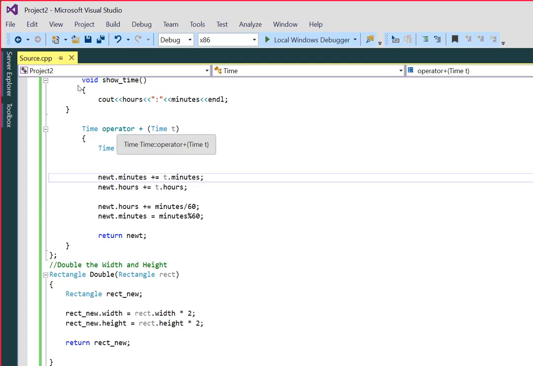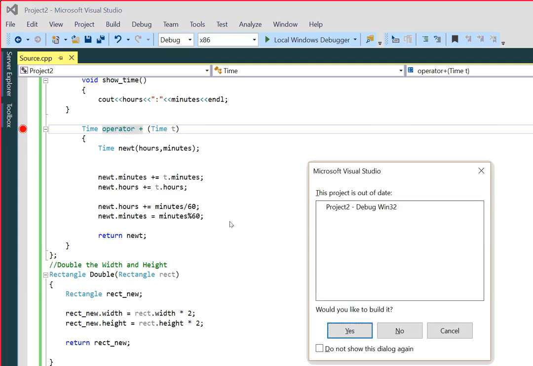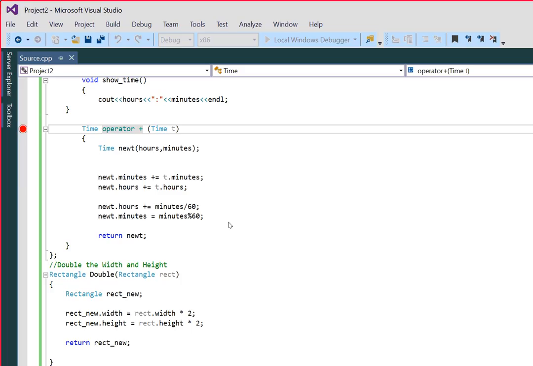Let's debug what happens. Why? I think there is a plus symbol in the